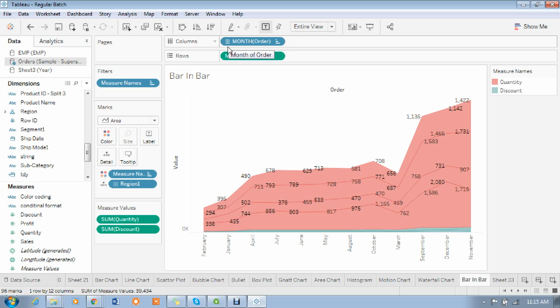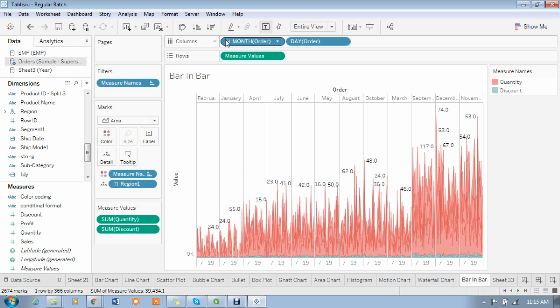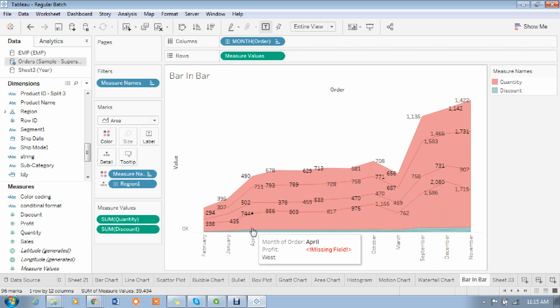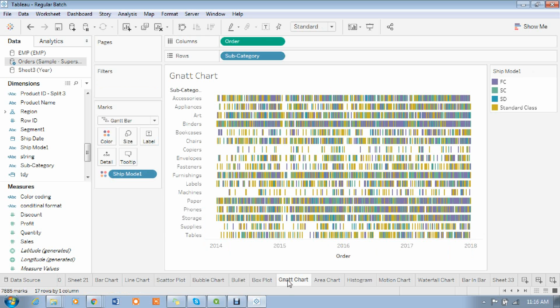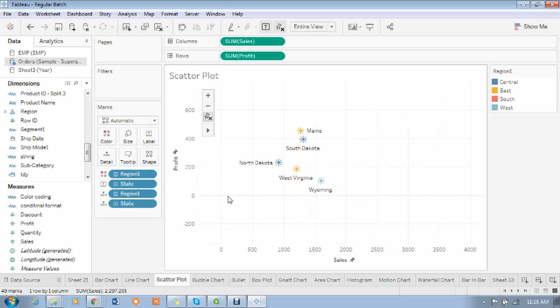Okay, if I change this, madam, the graph will change. See, the graph is changing. But here the graph is not changing. That too, values are adding, actually. That is a subcategory. Okay, just values are adding. Okay, if you go for Gantt chart, no, I think scatter plot, madam. Here we can properly see the detail, madam.